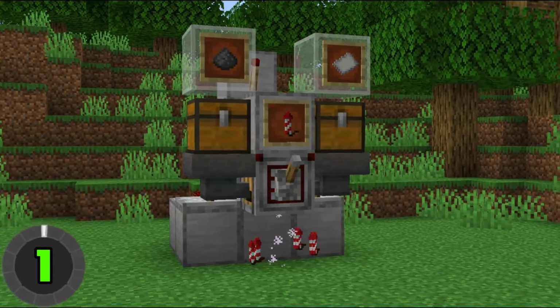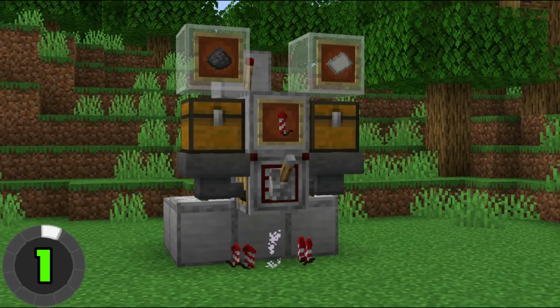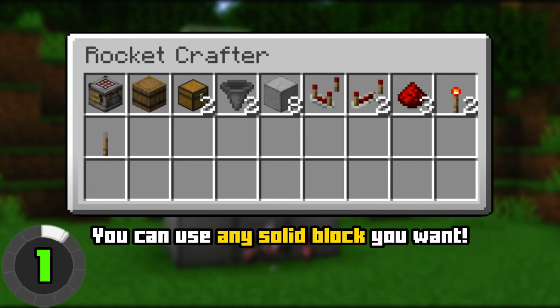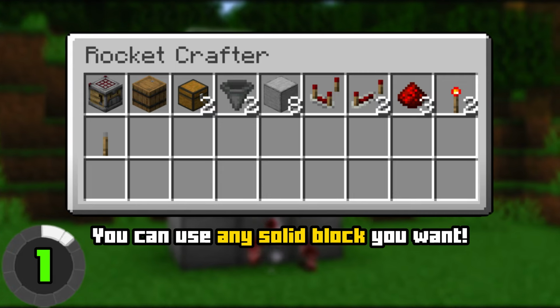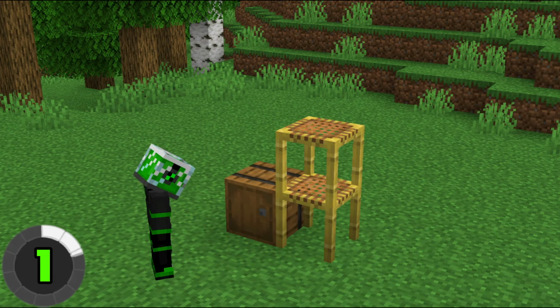This rocket crafter will start crafting firework rockets at the press of a lever and will stop when the lever is flipped again. And these are all of the materials you will need to build this automatic rocket crafter in your own world. Place the barrel first and some temporary blocks to the side so that you can dig down